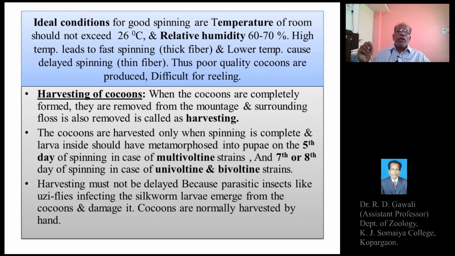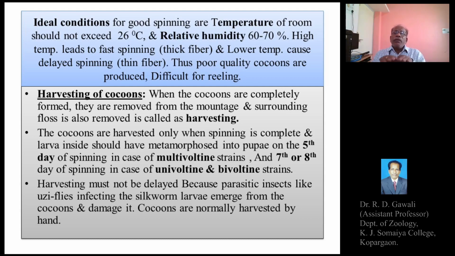So the cocoons are harvested only when spinning is complete, and the larva inside should have metamorphosed or transformed into a pupa, and usually this happens on the fifth day of spinning in case of multivoltine strains, and the seventh or eighth day of spinning in case of univoltine or bivoltine strains. So usually the cocoons are harvested after 5 days, because